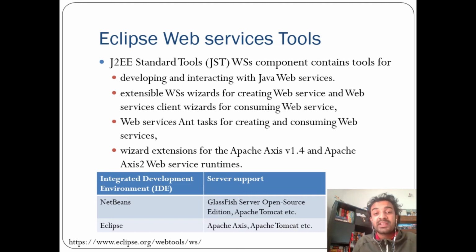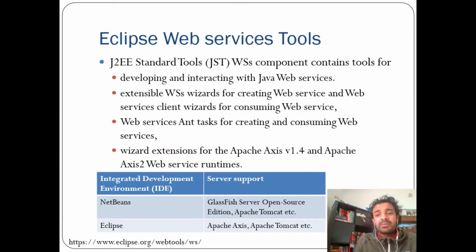Then extensible JS wizards. It also provides a development environment for web services as well as for the client, so that the client can start using the web service available on the internet or on some localhost. So you can have both a web service development environment and a client development environment in the Eclipse web service